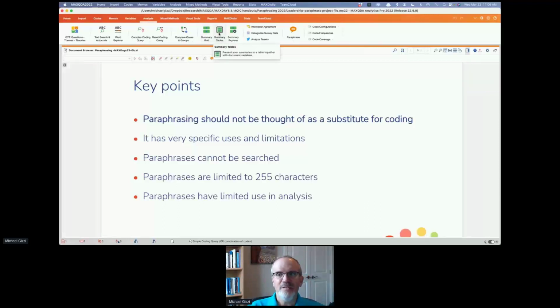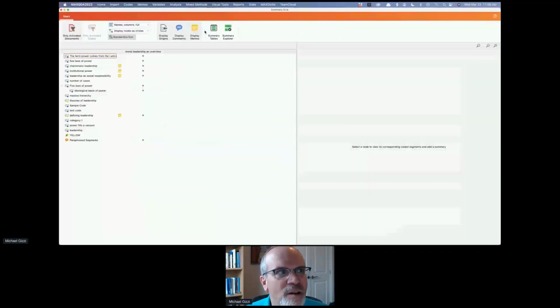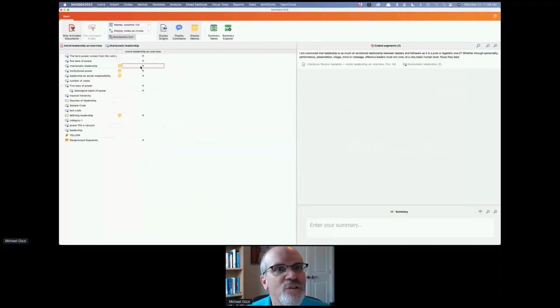The difference is you're paraphrasing text that you're not coding, whereas a summary grid, and this project doesn't have a lot in it, only enables you to summarize actual coded segments. So they are two different things.